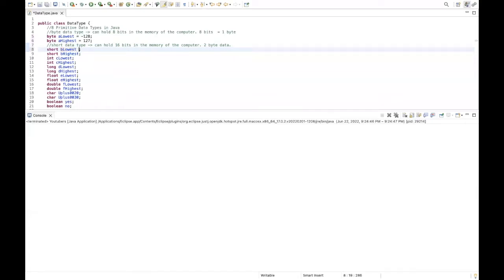In order to overcome this limitation in the lowest data that a byte can hold, we can actually use a short type, and in a short type data, you can input 129 and it's valid. And it's not only that, you can go smaller than that, and that's